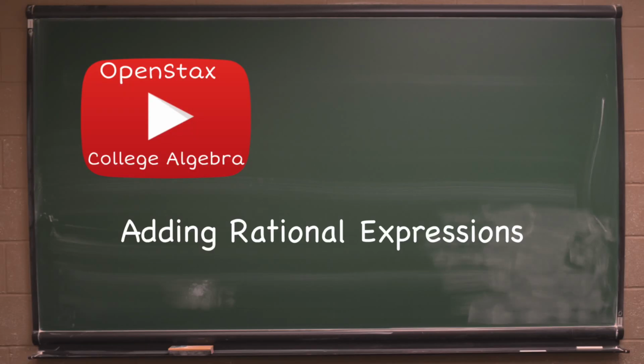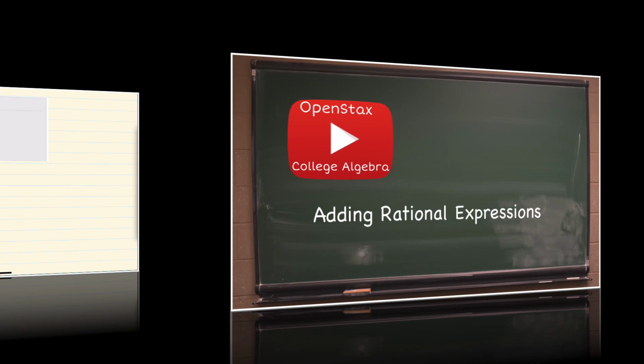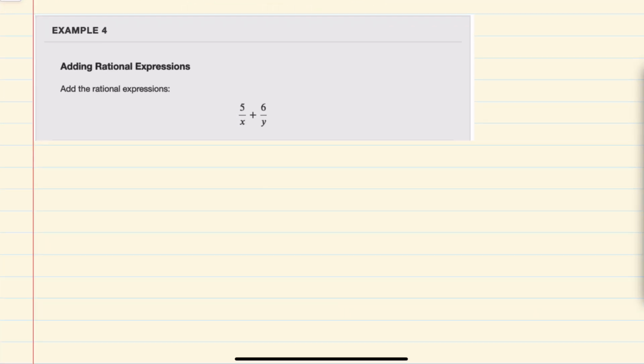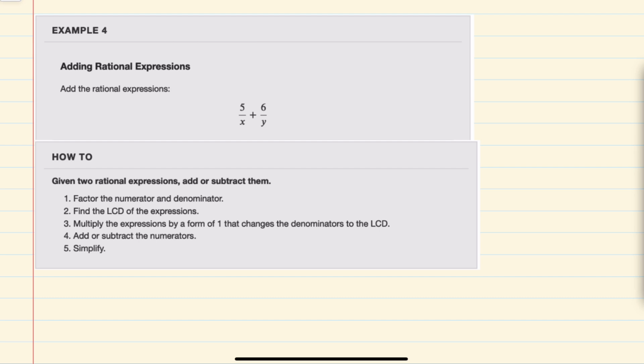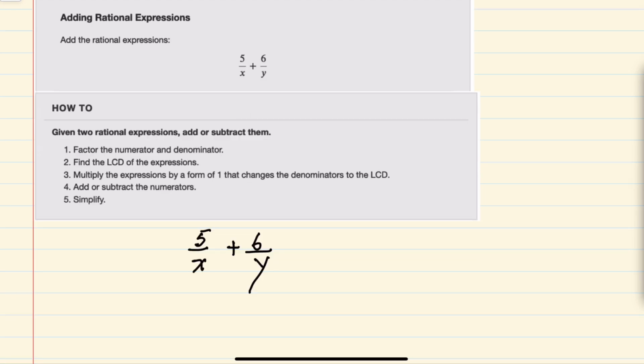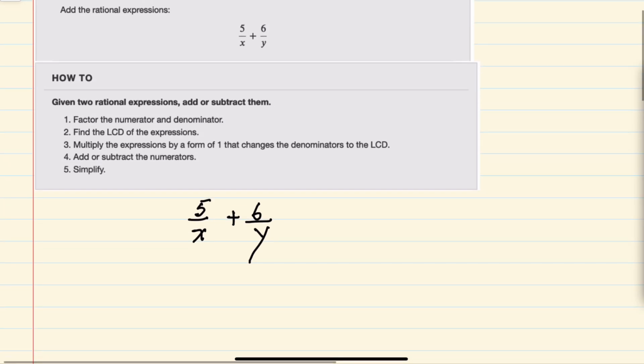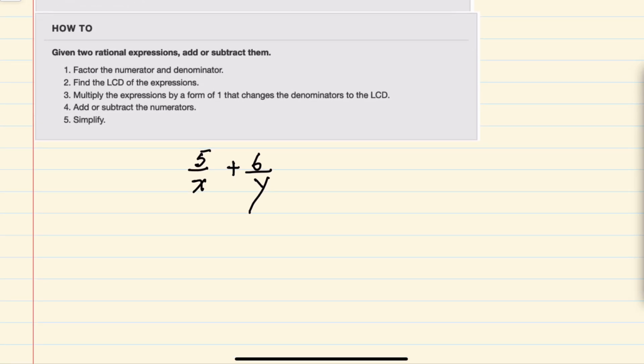In this video, I'll be helping you with the math topic called adding rational expressions. We'll be using this example taken from the OpenStax College Algebra textbook, which also provides these how-to steps that I'll be following. This example has us adding 5 over x plus 6 over y, and our steps say to